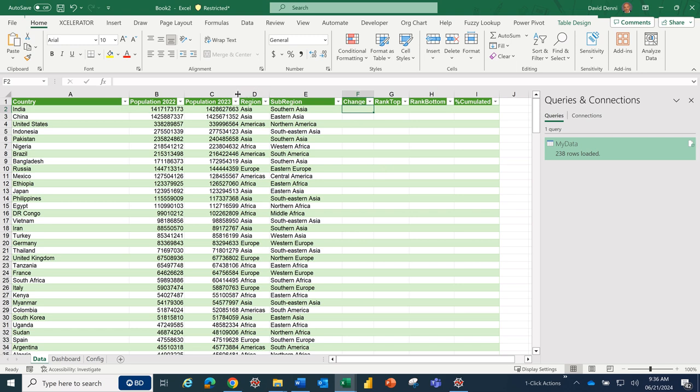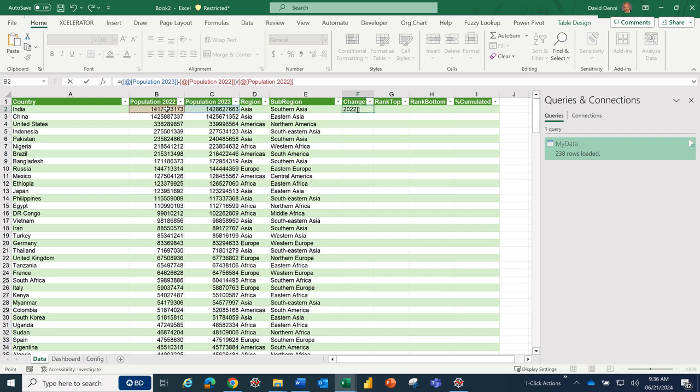So for the change, obviously, I need to enter the formula that will reflect a percentage of change. So the formula is equals, the difference between the population in 2023 minus the population in 2022, divided by the population in